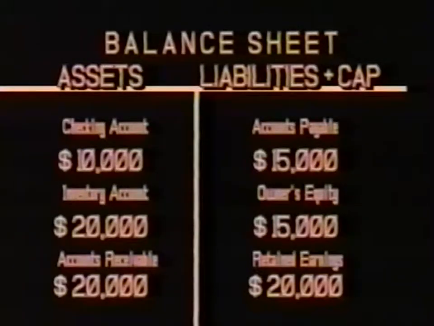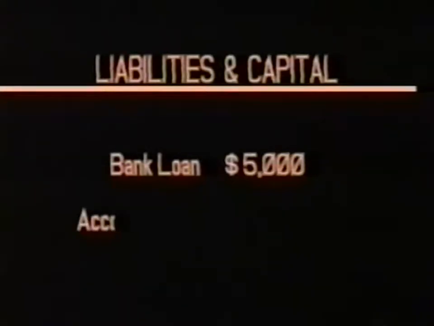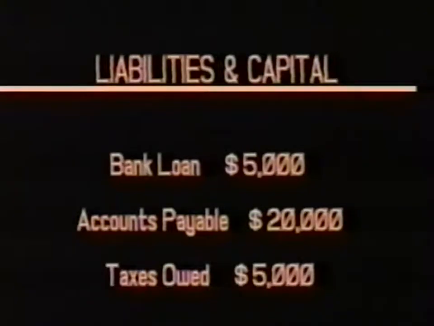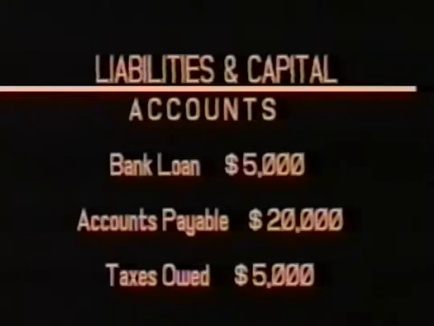It's better to break down our assets, liabilities, and capital into more specific and more identifiable amounts. The more of these identifiable amounts we have, the better our accounting assists us. For example, $30,000 in liabilities could be categorized under individual headings. Our liabilities might include a bank loan of $5,000, accounts payable of $20,000, and taxes owed of $5,000. Good accounting allows for these smaller, more identifiable groupings, which are called accounts. We can often represent these individual accounts by smaller t's, which gives rise to the often used name T accounts.